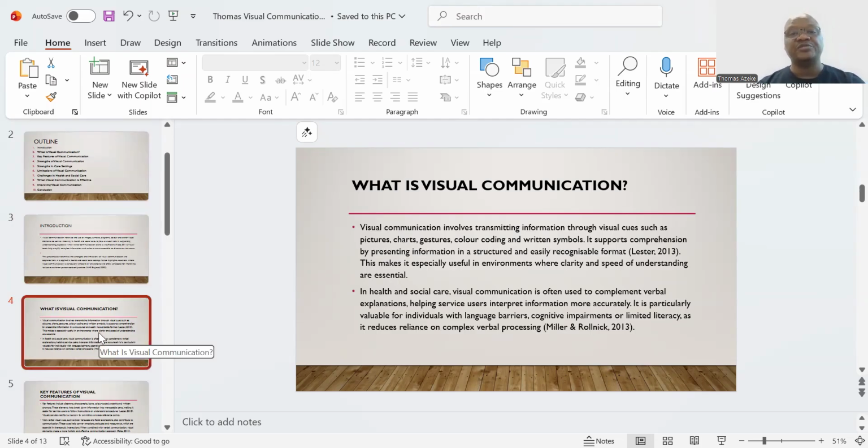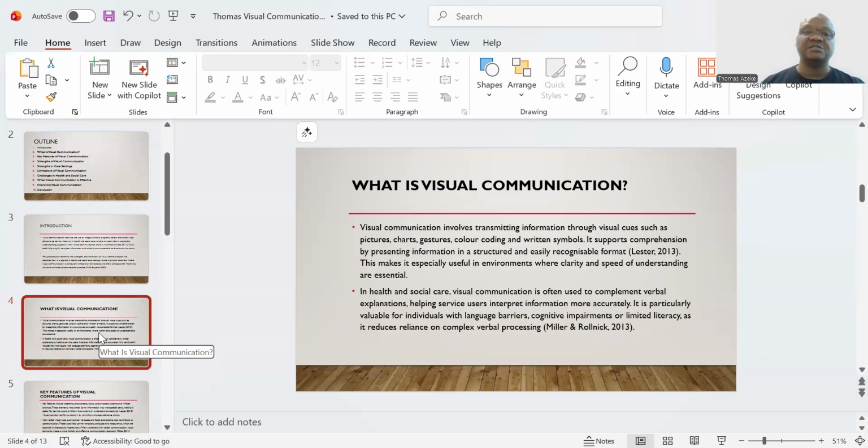What is visual communication? Visual communication involves transmitting information through visual cues such as pictures, charts, gestures, colors, coding, and written symbols. It supports comprehension by presenting information in structured and easily recognizable formats. This makes it especially useful in environments where clarity and speed